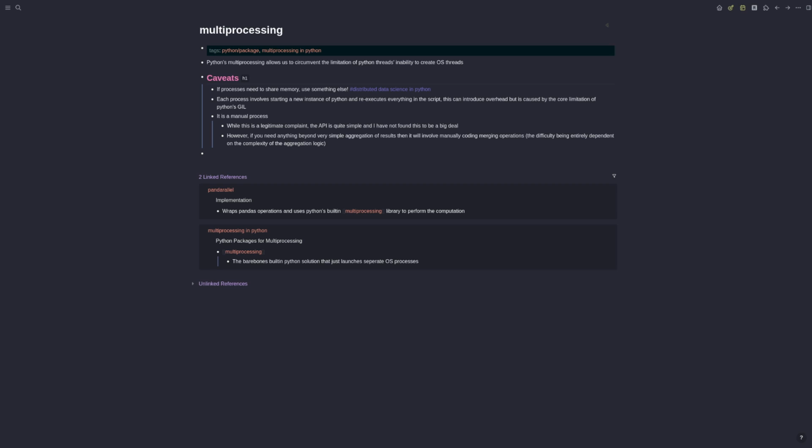One other thing to mention is that each process involves starting a whole new instance of the Python runtime, which is going to just re-execute everything in your script. Because you're going to start a new instance of Python, that's a considerable amount of overhead. But that's just caused by that limitation of Python's global interpreter lock. So what exactly am I talking about? Well,